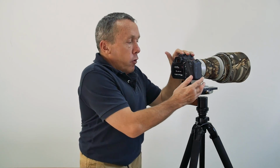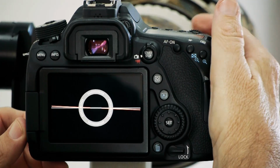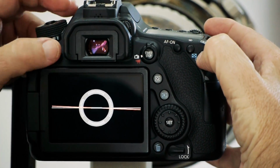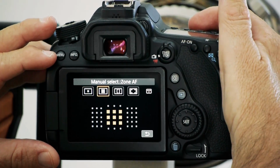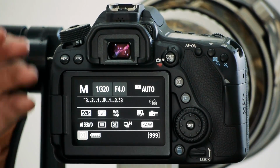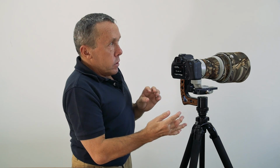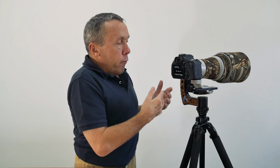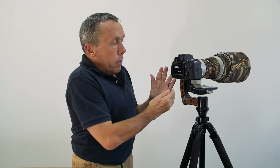Number 3 in the autofocus menu is AF point auto switching. So what does this mean? If we are using our camera in one of the modes where we are using more than a single focus point, so there I've got a group of 9 focus points, what this parameter really refers to is how quickly those points communicate with one another. If you just imagine that cluster of focus points again, there were 9, we were using the one called AF zone, or if we're using all 45 points or the large zone, anytime we're using a group of focus points, this parameter